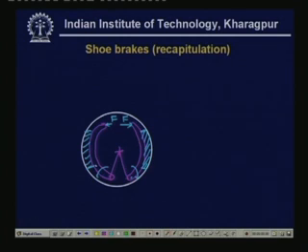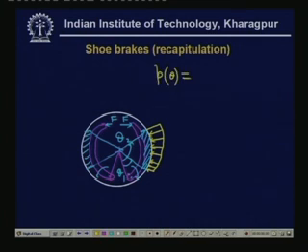Now, if we take these two angles, we measure this angle from this point, let us say this is theta 1 and this one is theta 2. Of course, I have not discussed how to get the pressure distributions, but the pressure distribution looks something like this. This is the pressure distribution. So, at any angle theta, measured from this line, it is P max